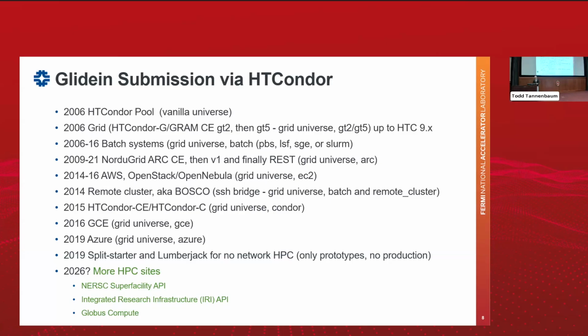And then we have been following with Condor with the support of all other batch systems, with the improvements that were done, NorduGrid, AWS, or different EC2-supporting clouds, remote submission to clusters via an SSH bridge using the grid batch universe, HTCondor CEs,